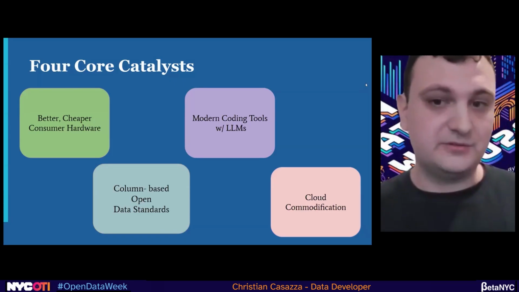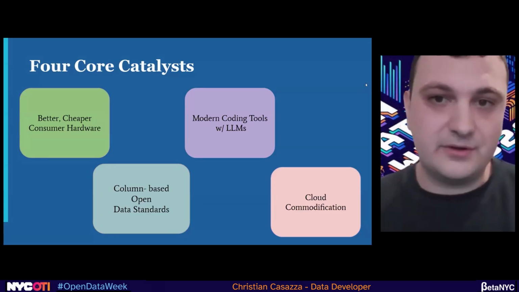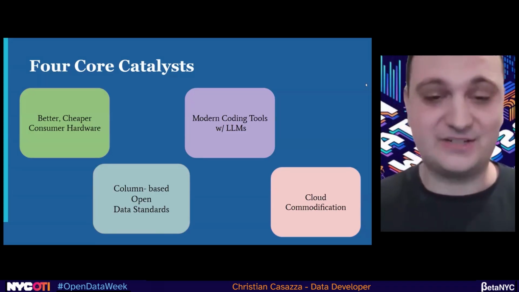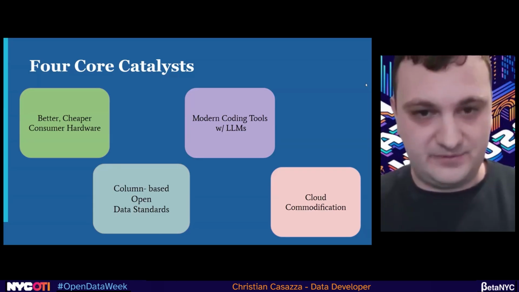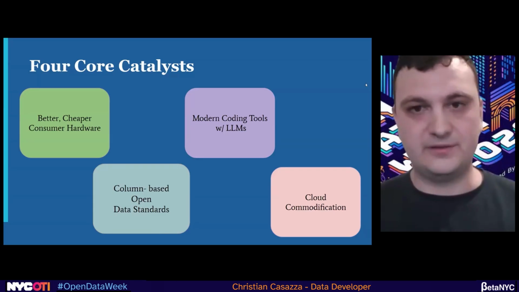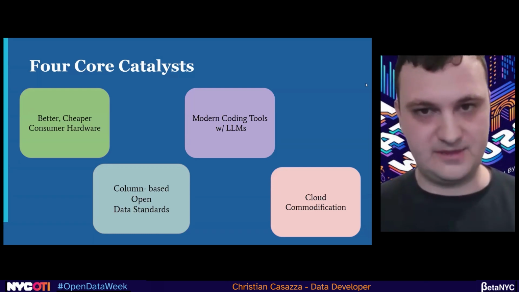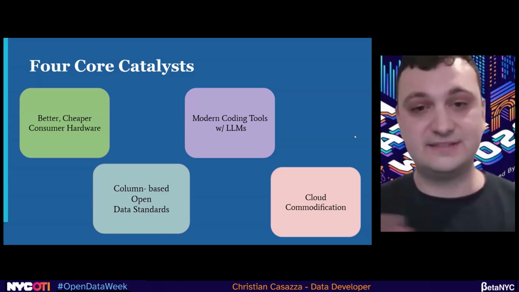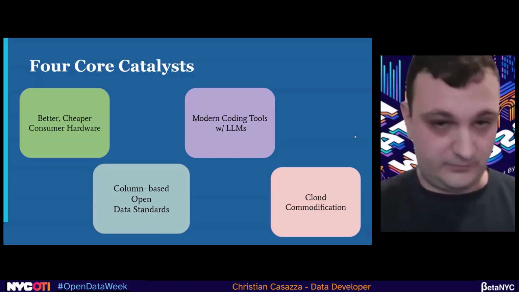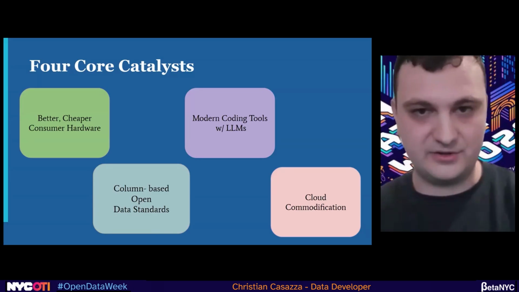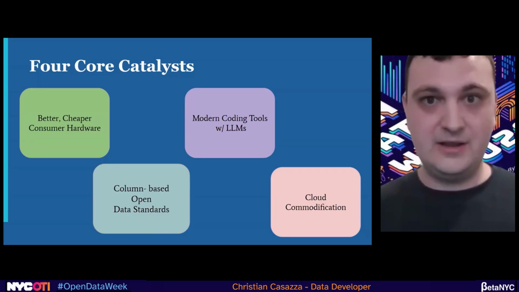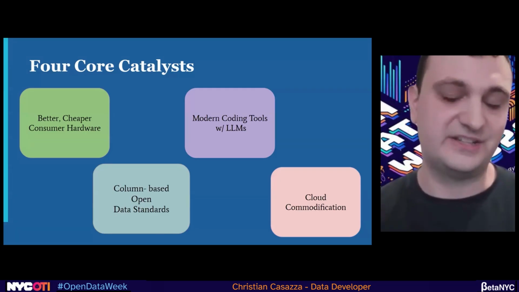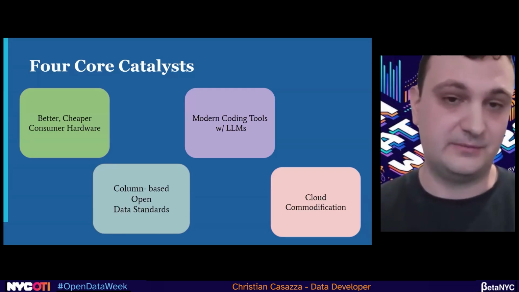Number three, modern coding tools like LLMs. LLMs, obviously, everyone knows. AI is fantastic and makes things easier. But also, modern package managers like UV and Bun, and we have things like Podman and Docker. They allow for the deployment of these different things into any different cloud with containerization. So you can take the same workflow from your computer and run it on different competitors. You can run it without having to change your whole software, which allows them to commoditize. They can no longer just trap you, and they have to compete on performance and actually providing good services.